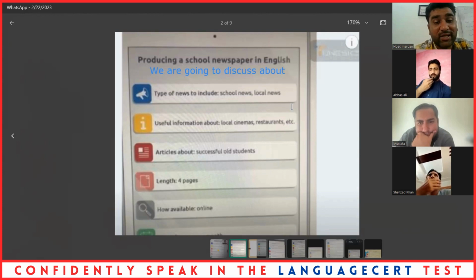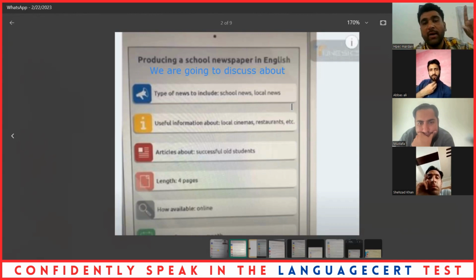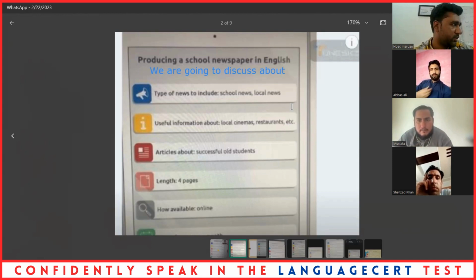Okay, that's great. Could you please tell me what kind of articles should be there? Like, the examiner will have his own flowchart and you will have your own flowchart. But if he gives you a suggestion from his own flowchart, you should simply disagree with them if the points are not available on your flowchart.